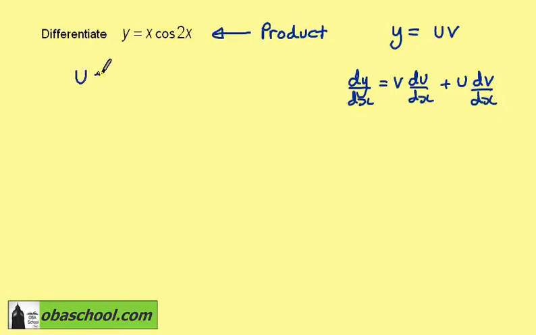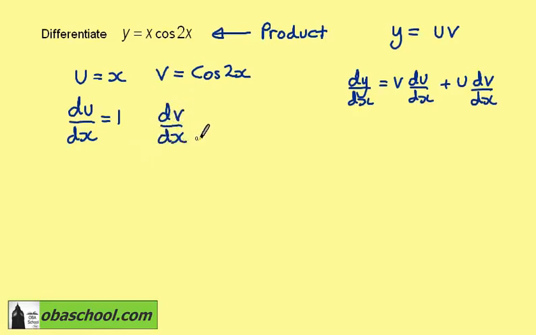So here we can see that u is equal to x and v is equal to cos 2x. du/dx then is equal to 1, and to get dv/dx we need to use the chain rule. So dv/dx, the differential of the outside function, the cosine, is minus sine 2x, treating the inside function 2x as if it is just x, and then we have to multiply by the